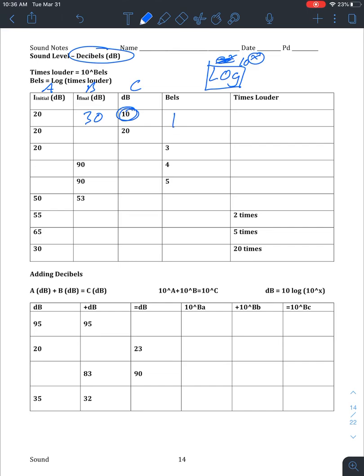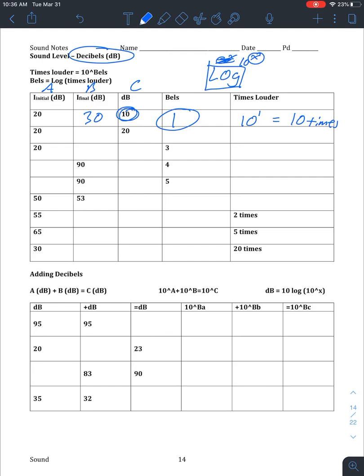To see how many times louder that is, we're going to use that second log feature on your calculator. Essentially what that button is going to do is 10 to the first power because it's one bell. So 10 to the 1, that's pretty easy. It's going to be 10